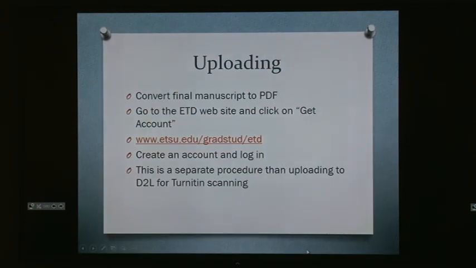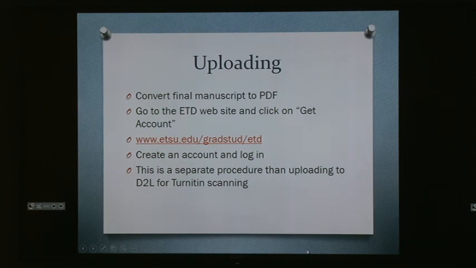All right. Uploading. What to do to upload. Convert your final word processing document, whatever software you've used, to PDF. Look through the PDF to make sure there's no surprises. If you've gotten creative in your word processing and you've done some interesting spacing, it may show up in the PDF. So check that before uploading to me. Sometimes pages can skip. Your figures can be weird, so check that out before you upload.